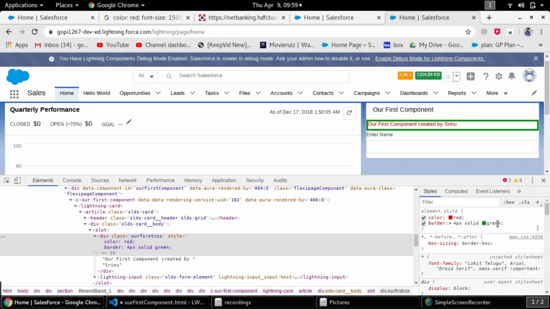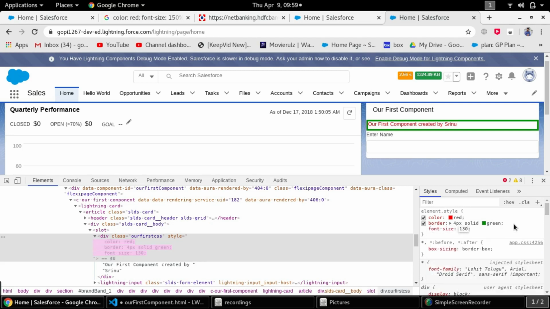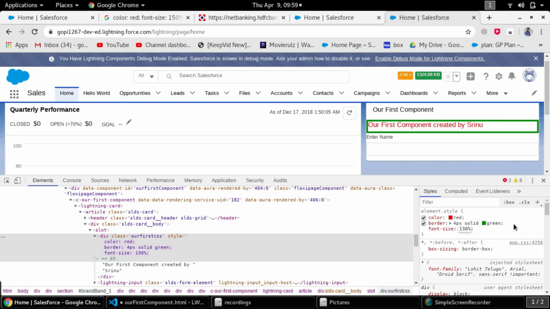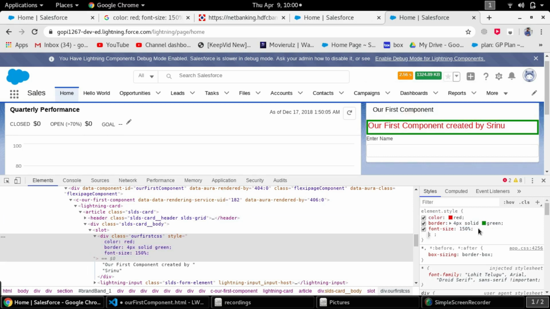And also I want to give a font size of 130%. That means it's increasing. You can increase it to whatever you want, like 150, I will give. Yeah, see. And also I want to add a border radius. Without it there are sharp edges.